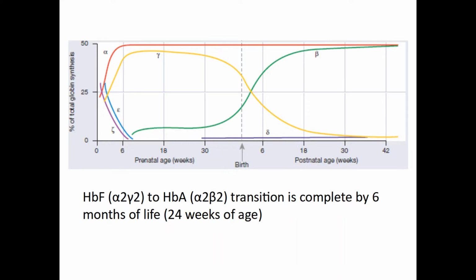after birth, and by the time this fetal hemoglobin undergoes a fall, that is gamma chain undergoes a fall, the beta globin chains would have attained a peak, which means that the adult hemoglobin, that is HbA, which comprises 2 alpha and 2 beta chains, the levels of that will attain a peak at about 6 months or 24 weeks of life, and the fetal hemoglobin, that is HbF, will undergo a fall and will almost disappear by 24 weeks, that is 6 months of life.